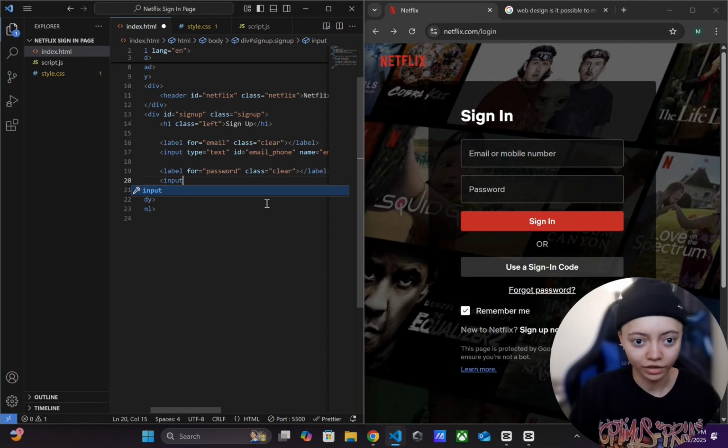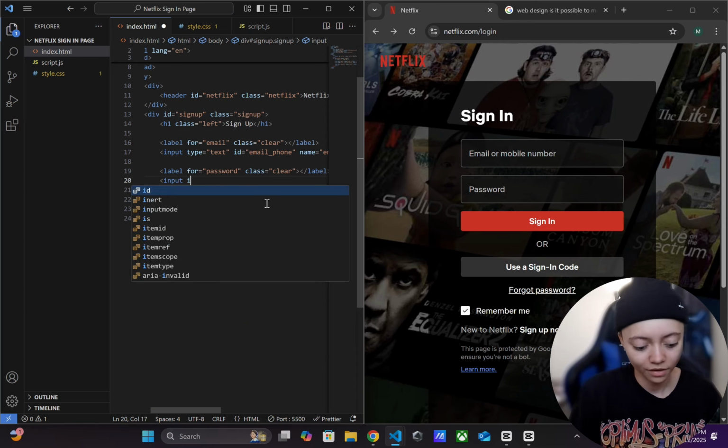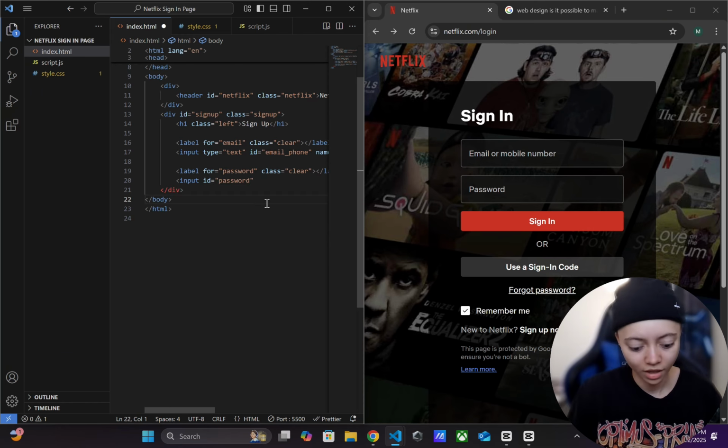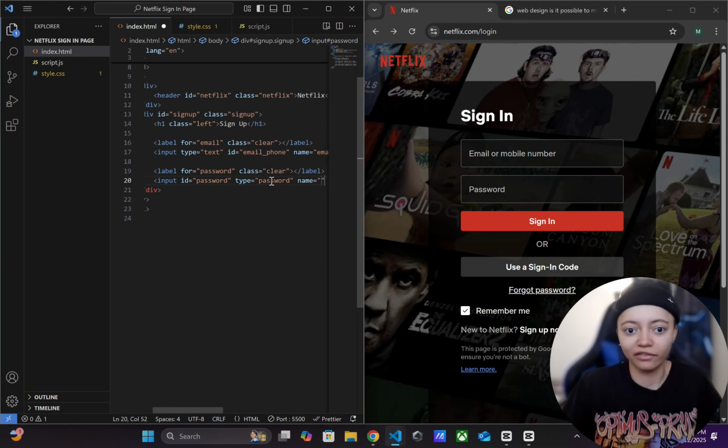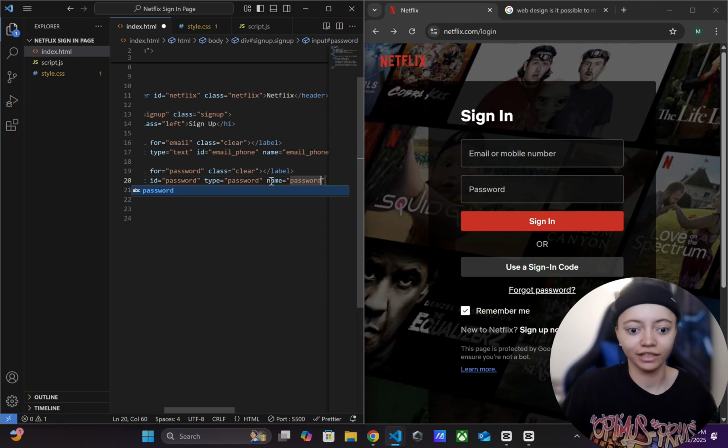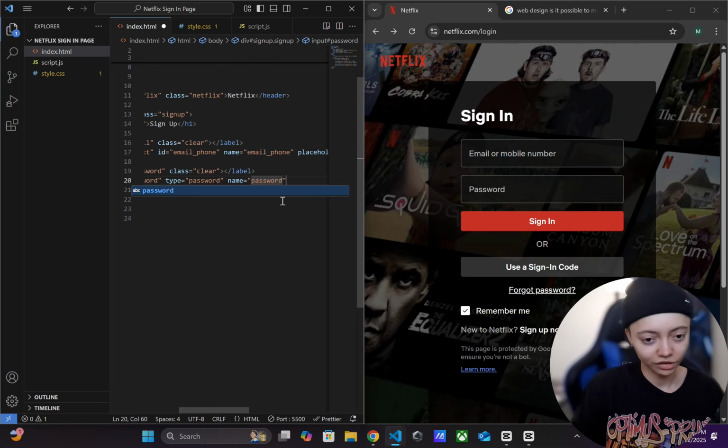Input. Input type. I don't know why I always go type first. I think it's supposed to be ID first anyway. Password. Oops. Type. If I can spell. Password. And then I guess name. Can it all be password? I feel like I go through this every day and I find out you cannot have the ID be the same as something. We got placeholder,